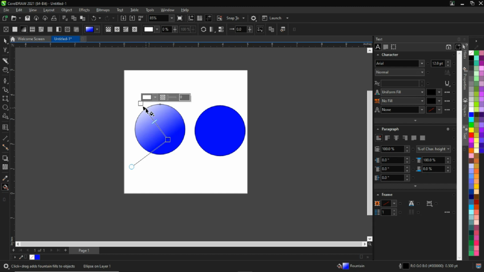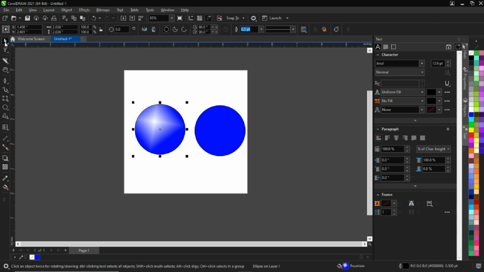You can have multi gradients on this version of CorelDRAW, so you can have 2, 3, 4 color gradients together. And for the type, you can have circle, square, and cone. So I hope you are getting me. You can also try and just pick it up in the toolbox. So that's all for the